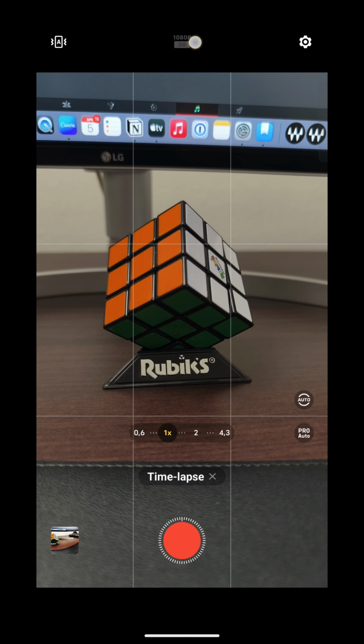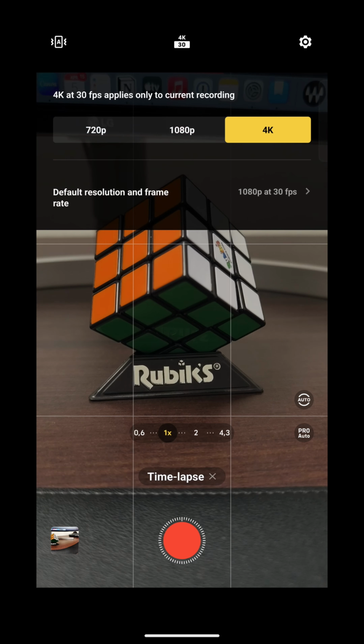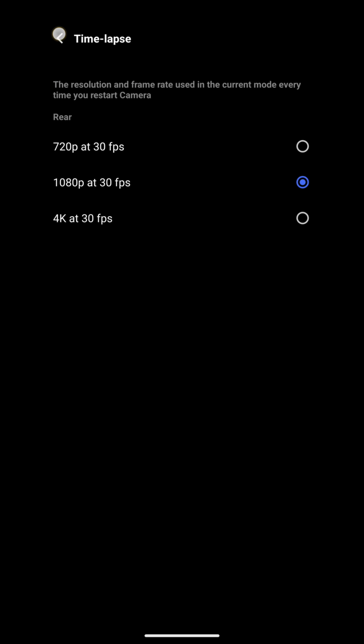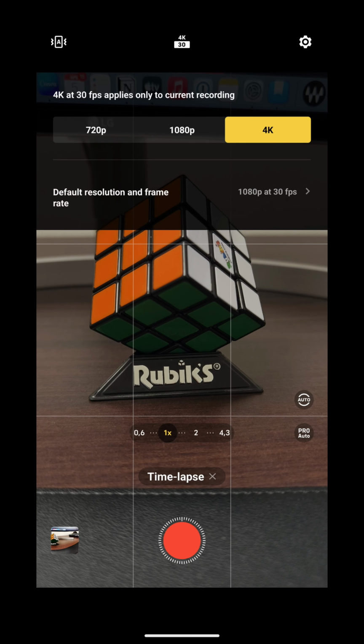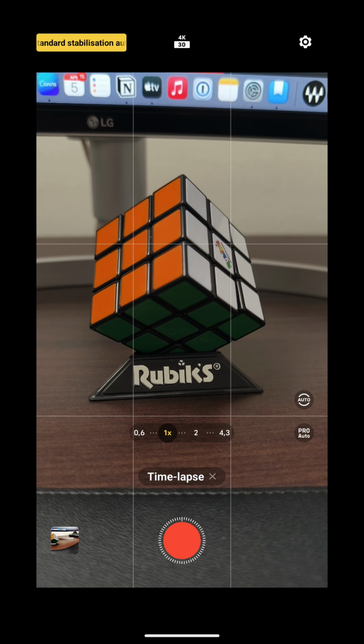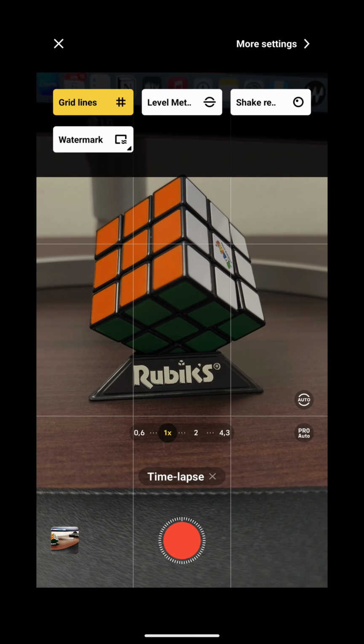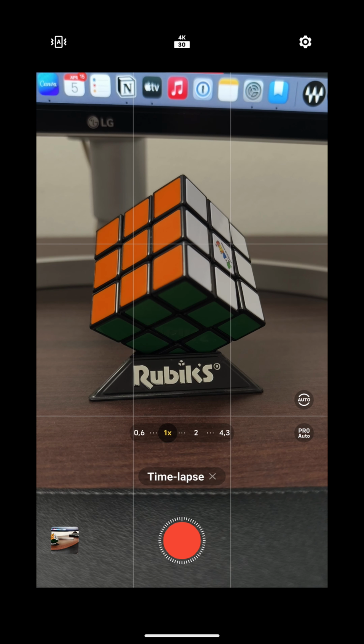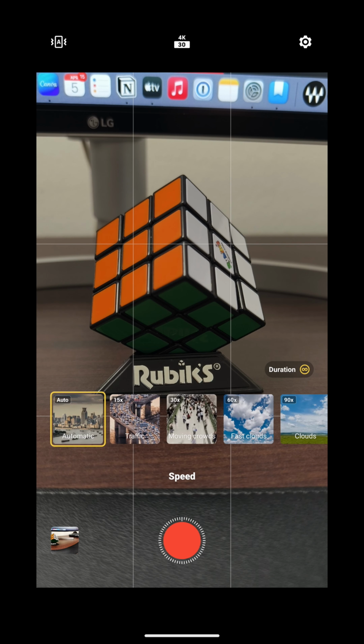In time-lapse mode, you can on the top choose the resolution and frame rate. So the final clip will be a 4K clip at 30 FPS. You can choose the stabilization, standard stabilization, or more. Then you can disable grid lines, level meter, shake reduction, reminder, and the watermark. Then for the shooting parameters, currently it's set to auto, and there the phone basically decides what are